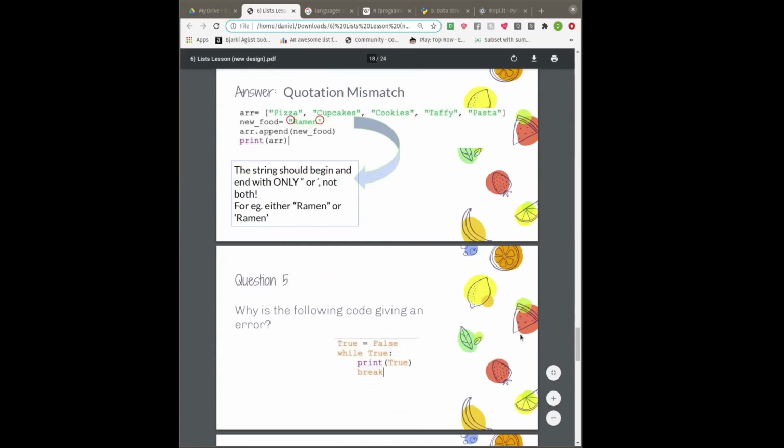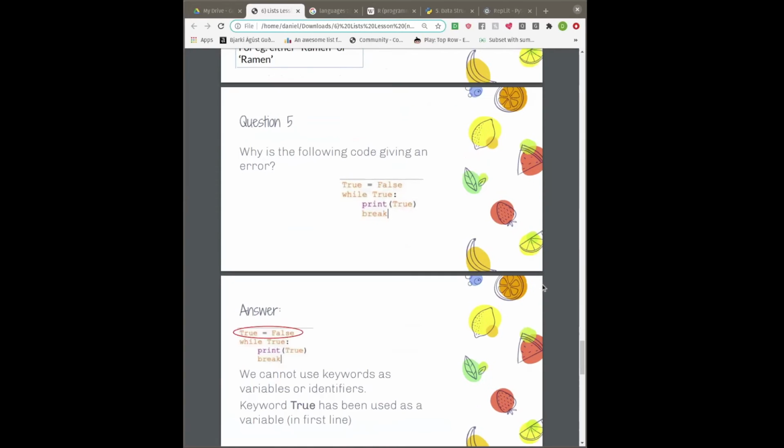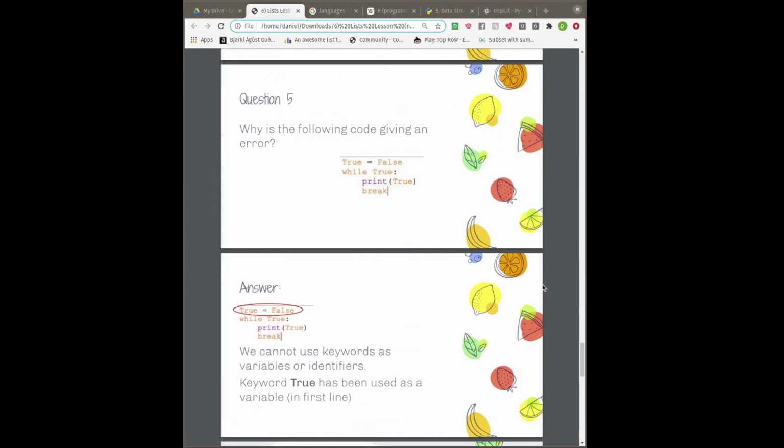Okay, everyone, last question. It's another kind of error that could happen when writing your code. See what the answer is. It's all good. So as you can see,